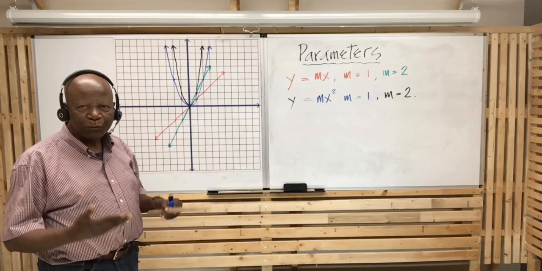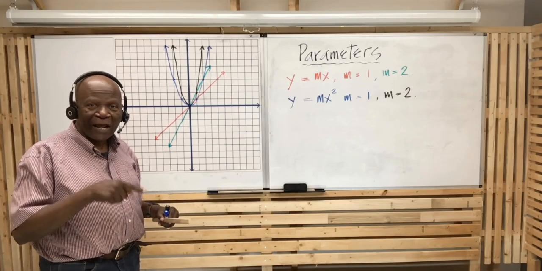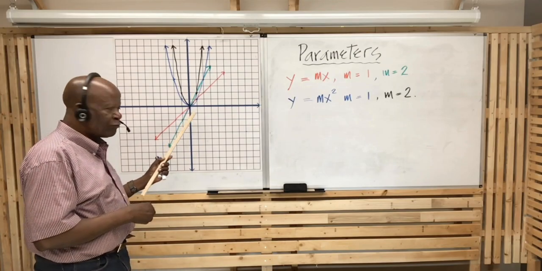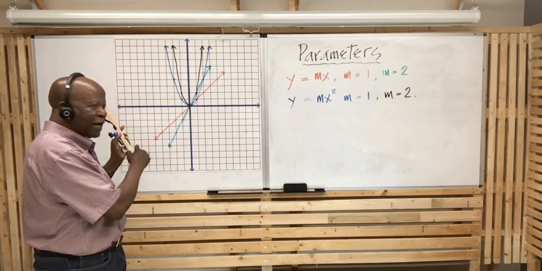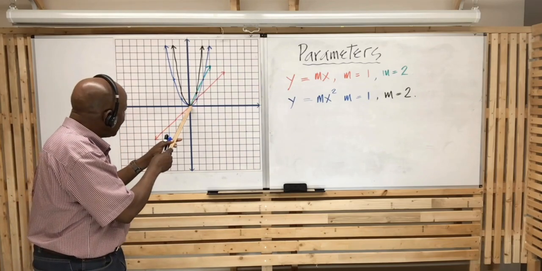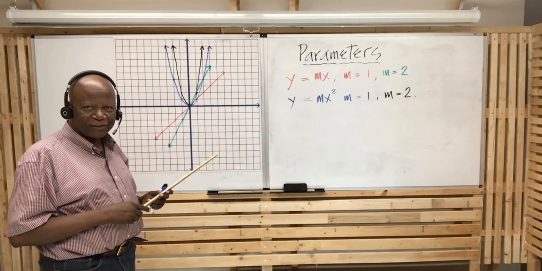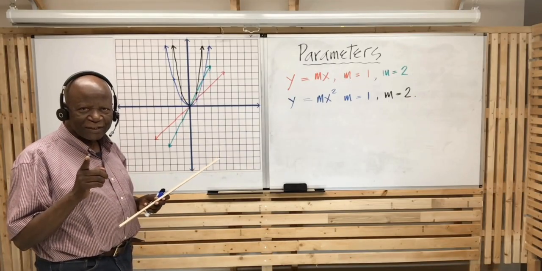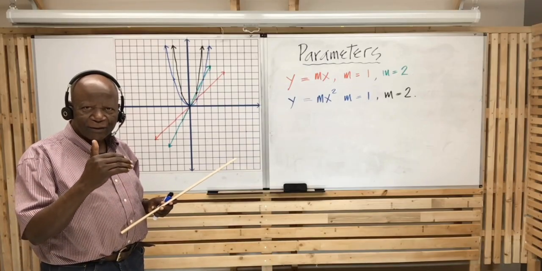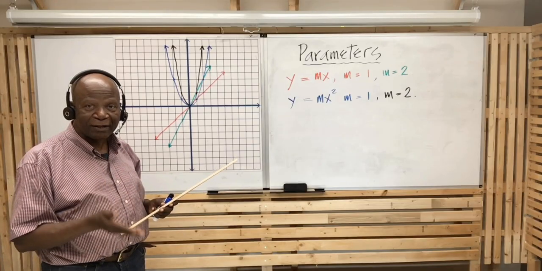As x gets too small, in other words, it gets too large in the negative direction, the graph will also approach positive infinity. That is because the parameter is positive, making the graph open